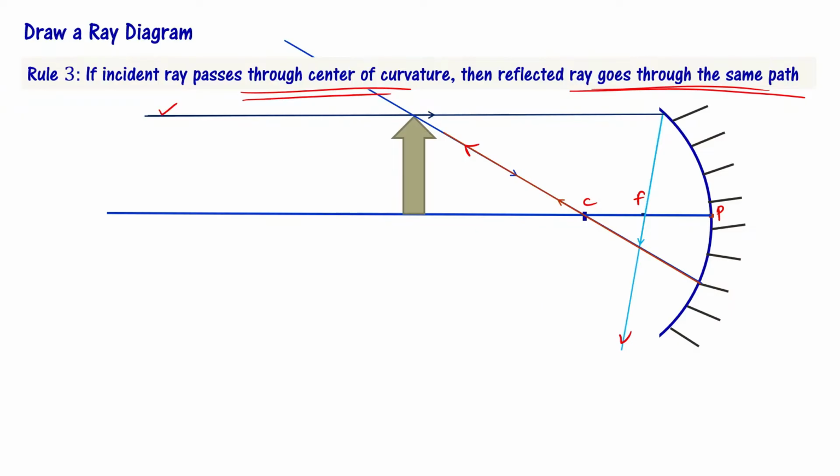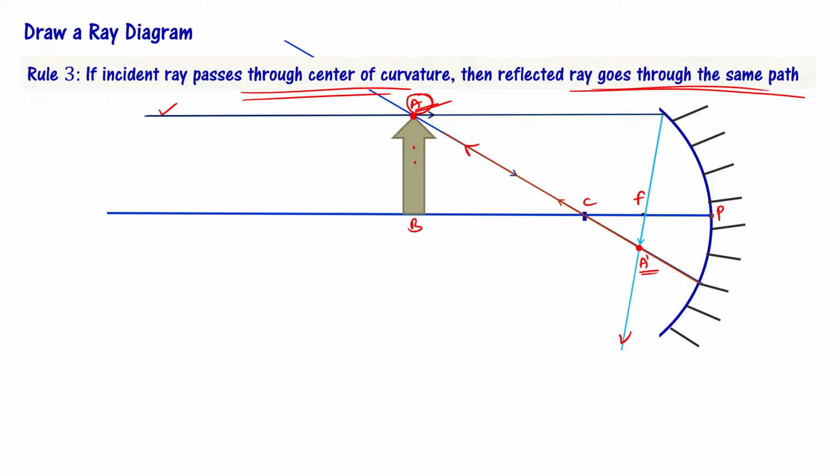Now you see, if I say that this is my A and this is my B for this arrow, for A I am going to represent now, this is A prime. A prime అనేది ఎక్కడ వచ్చింది? I have two reflected rays. They are meeting at the point A prime. You see, two incident rays are meeting at this particular point. A అనే పాయింట్ దగ్గర two incident rays are meeting, right? So ఆ two rays కి corresponding reflected rays are meeting at A prime. That's how you are defining A prime, right?